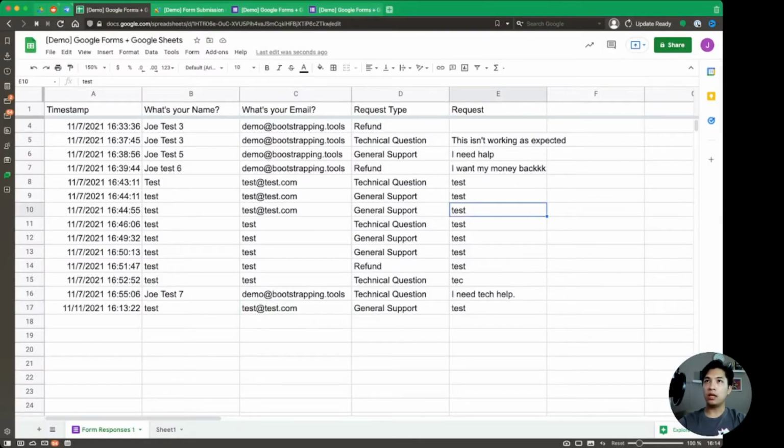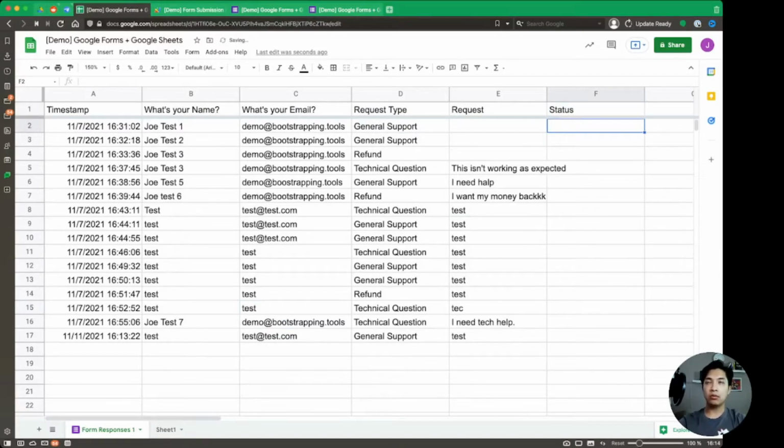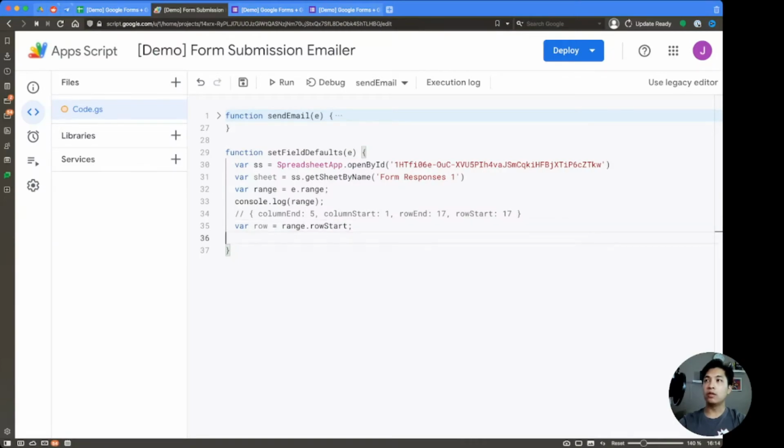Let's say in column F, we're going to want to put in a status. And then for that status, we want something like new, in progress, or done, or something like that. So going back over to our code, what we're going to do now is say var statusField